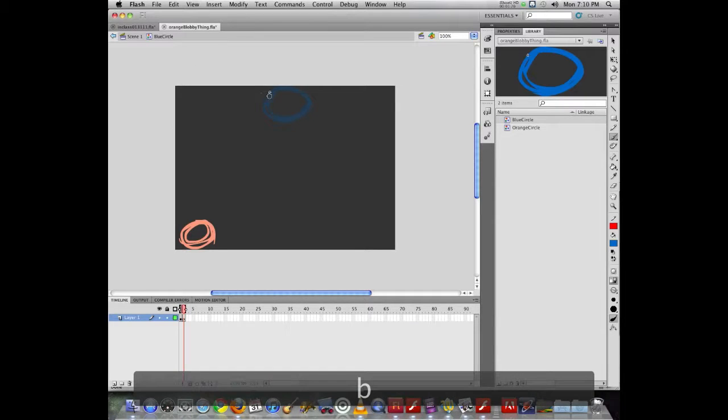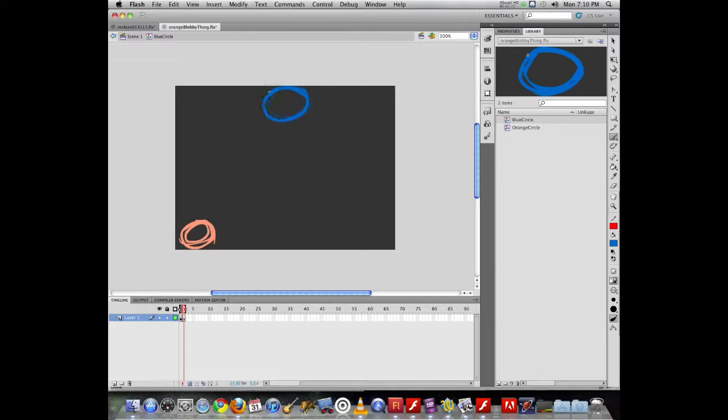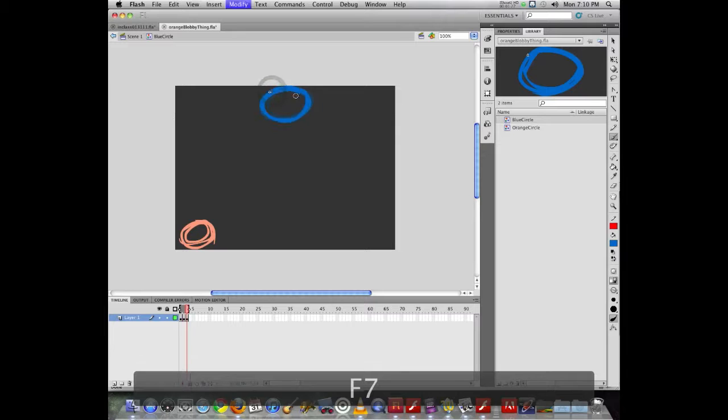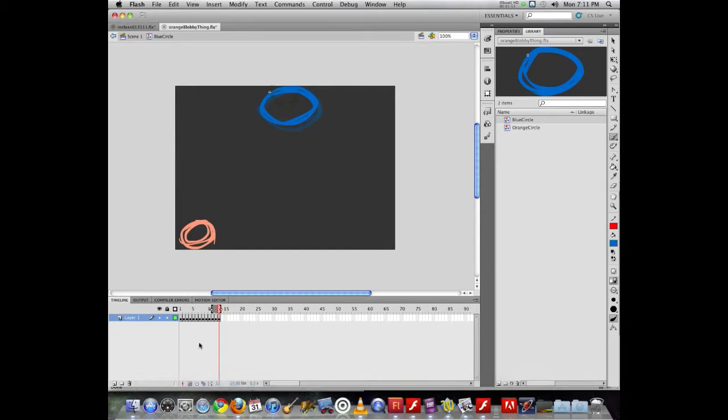keyframe, hit B to go back to my brush tool, do a little bit of drawing, and now just repeat this process for a few frames. Are you hitting F7 every time? I am hitting F7 each time to insert a new frame, and then I just draw my circle. Now I turn off onion skin so I can see what I have, and I can see that